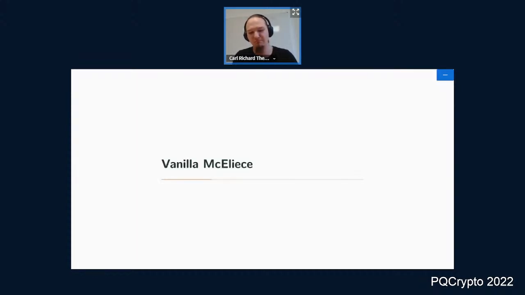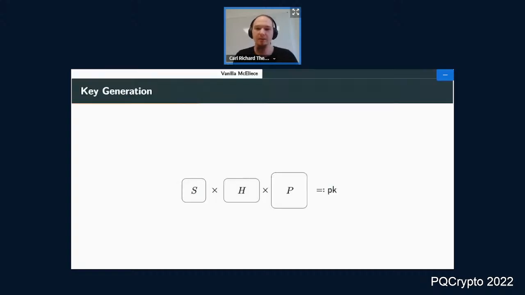And that's now what we want for a backdoor, but we also need a cryptosystem that we can backdoor. And for this, we discuss a McEliece-like system that we call vanilla McEliece, which is basically a schoolbook-like McEliece system. And there we start with the typical key generation that you'd expect, where we have an invertible matrix S, the parity check matrix of your code H, and the permutation P. And their product is the public key, while the components themselves are the secret key.